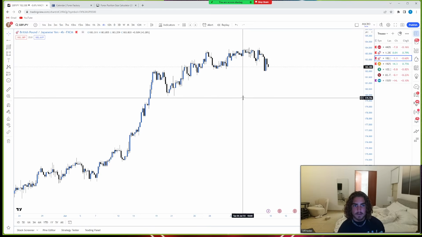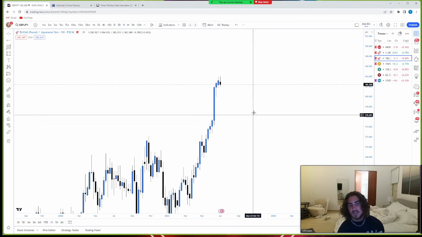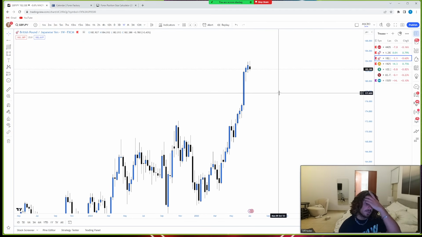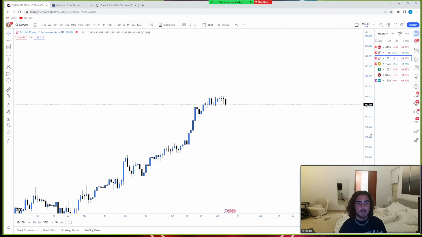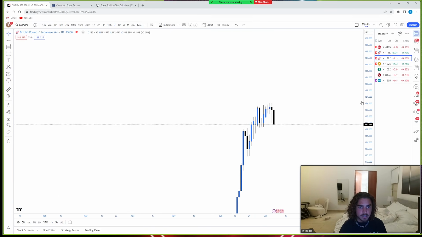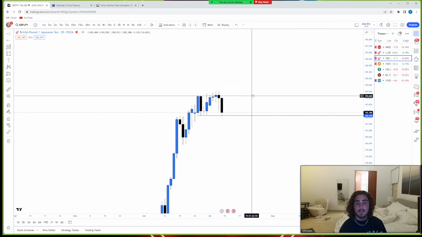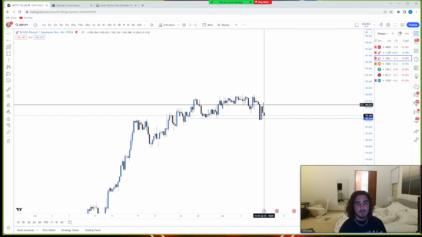Moving forward, we have GJ. Don't have anything on here. Cool. GJ, been perma bullish, and I've said this before: when this thing goes, it goes. We have this one down candle right here. We are yet to break structure on the daily time frame. We just took out this liquidity, so I'm honestly interested to see